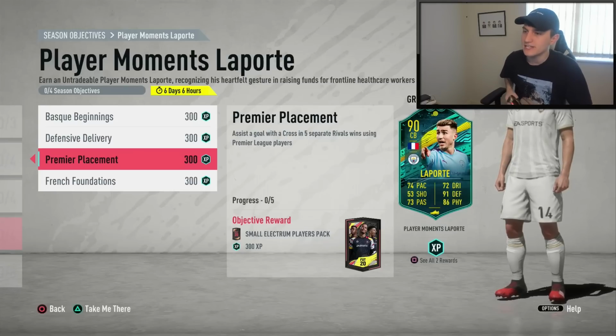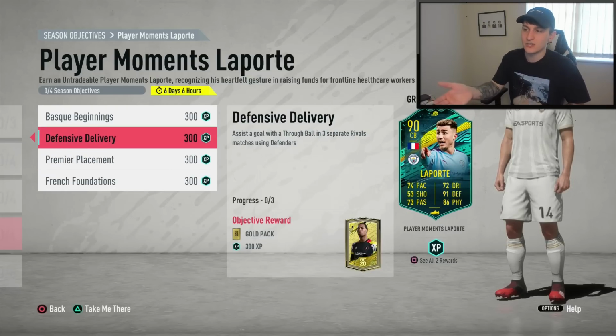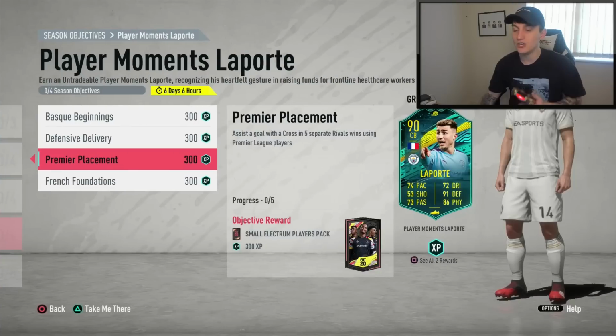Next one is Premier Placement, which is assist the goal with a cross in 5 separate Rivals wins using Premier League players. Likewise with this one, you have to assist the goal again, and the previous one is assist the goal with defenders. So what you can actually do is combine both of these to get all of your assists with Premier League defenders, and if you play 5 separate Rivals games, sorted. You can actually do a through ball cross as well, and that will actually register,